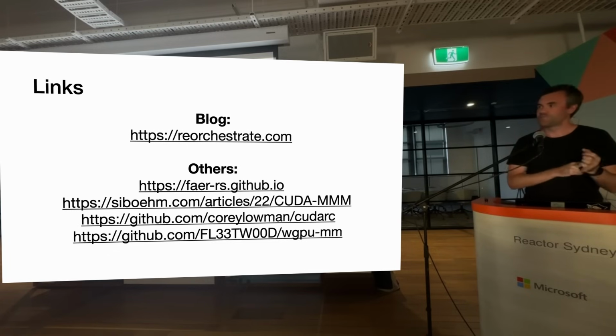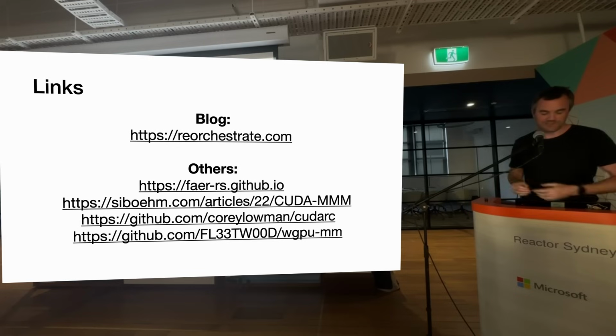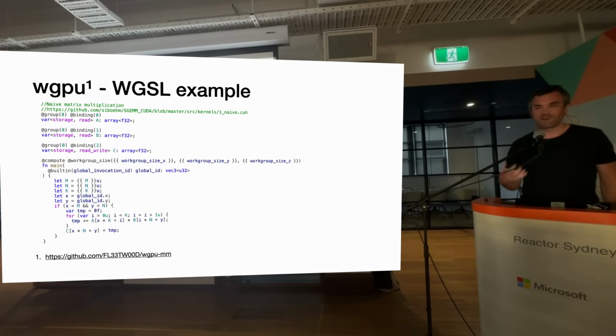Vulkan is probably the leading contender to be a real threat to CUDA. Then you've got Windows stuff that I don't care about. And they use a different shader language. So when we talked about this thing, they're talking about compute shaders. In this case, we're using WGSL, which, if you're coming from a Rust point of view, is a lot more rusty.